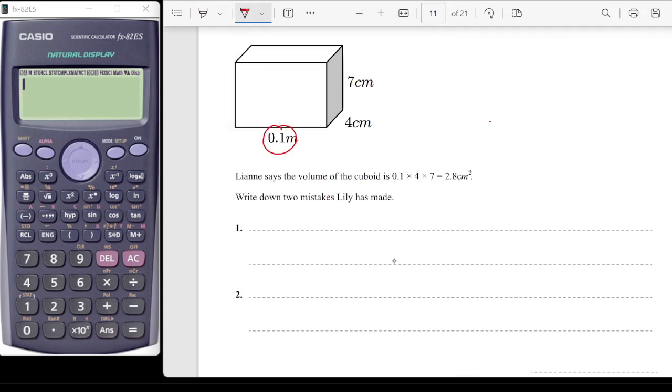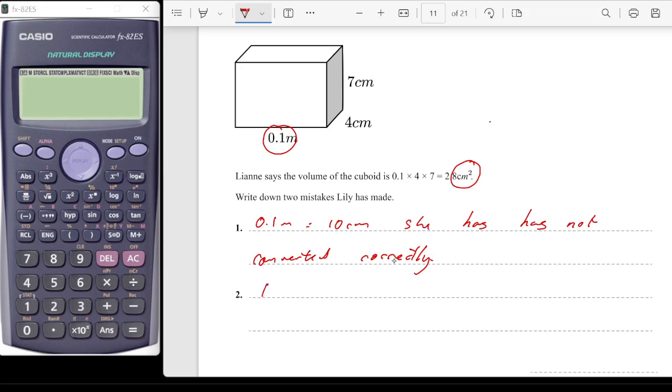So they've called 0.1 meters. So 0.1 meters is equal to 10 centimeters. So she has not converted correctly. That would be mistake one, and mistake two, I'm going to look at